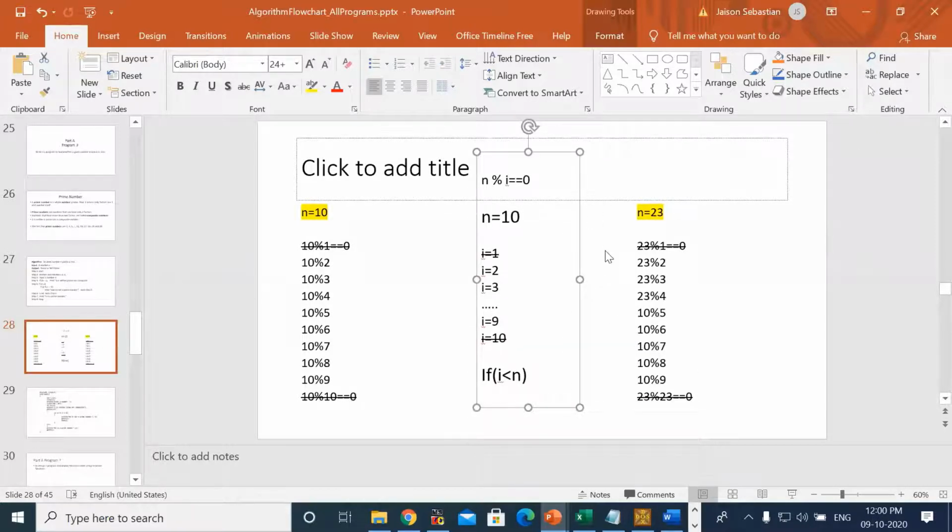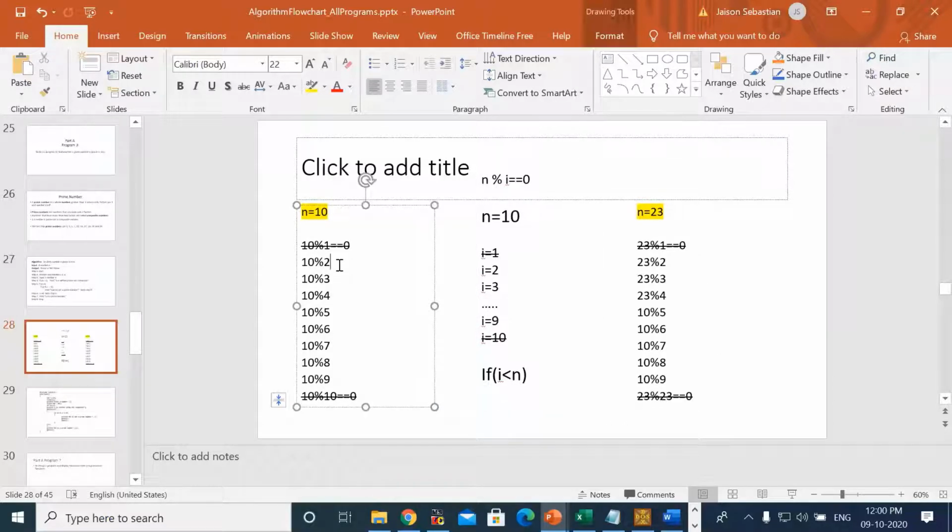When you write an algorithm, as I told you, we should write an algorithm which saves time as well as space. That is what determines the efficiency of an algorithm. So in order to make the algorithm efficient, we reduce two divisions: the division with 1 and the division with 10. Whether the number is prime or non-prime, we know that the division with 1 and the division with the same number will give remainder 0. So what we will check is the other numbers. When I enter n as 10, am I getting a remainder 0? If I get remainder 0, that means 2 is a factor.